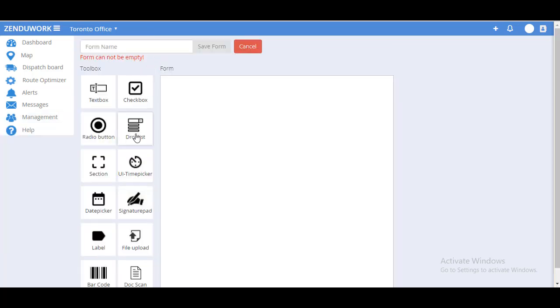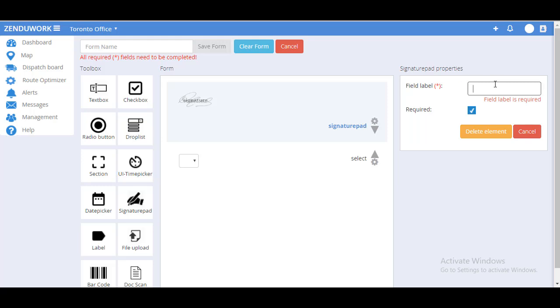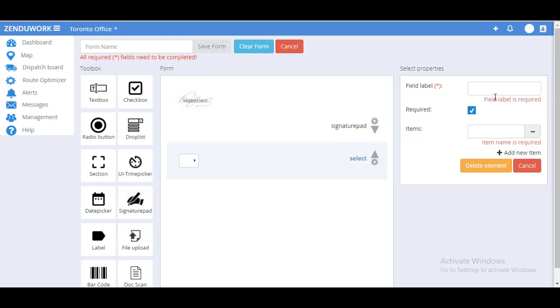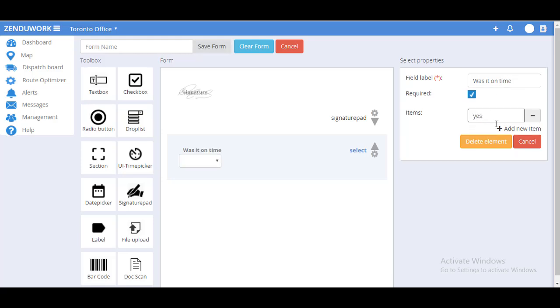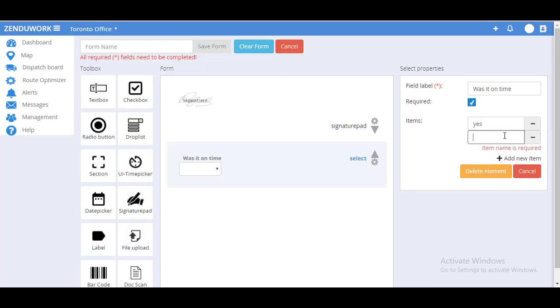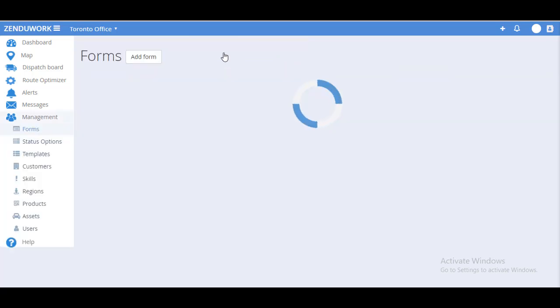So here is a customizable form that the driver will have to complete when they reach a geofence, and you will have to complete these field labels. I'll just write sign here, and I'll have a drop down menu that says was it on time. Simple yes or no. And I'll add a new item. No. And then I'll give a form name, test 1. I'll save the form,